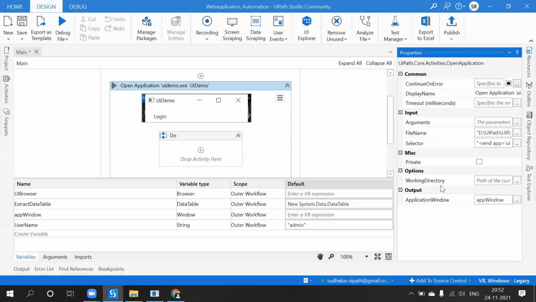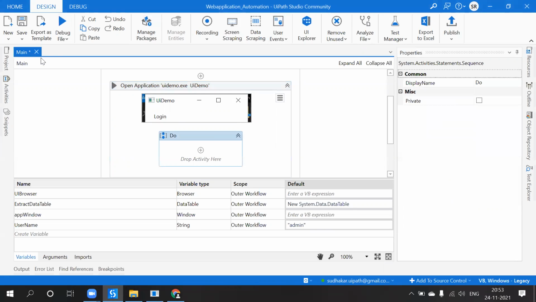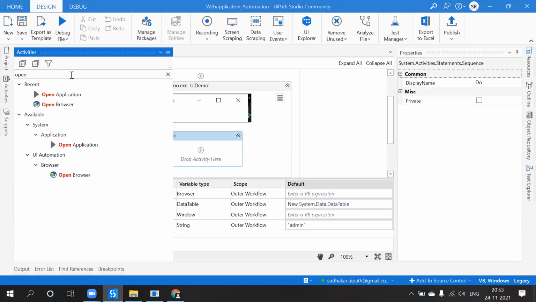Okay, maybe we'll see that and then we will speak later. First we'll see this example. Okay, so now I have created the asset. Come to the activities.